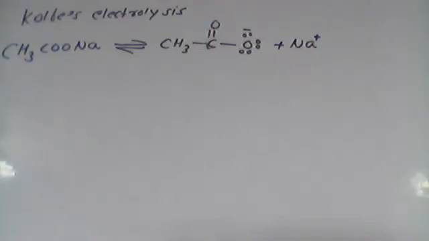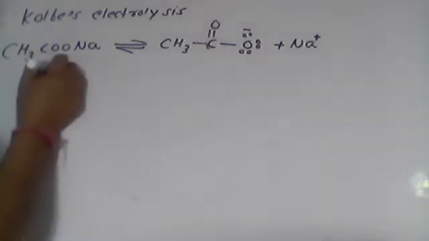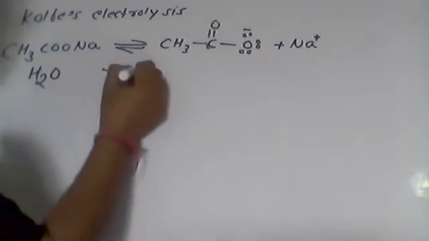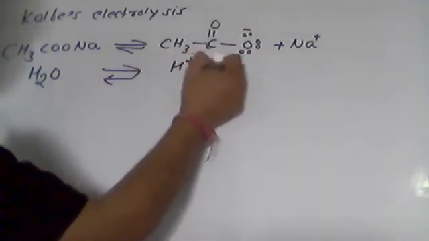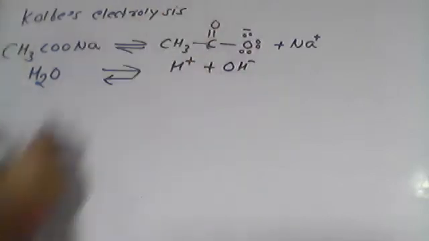6 electrons to pair with those already there, and sodium will give its one electron, so it will have a negative charge because now it's got one extra electron. And water is also present, H2O. Water will also ionize, it's also a weak electrolyte, ionizing to give H positive and OH negative, in an aqueous medium.